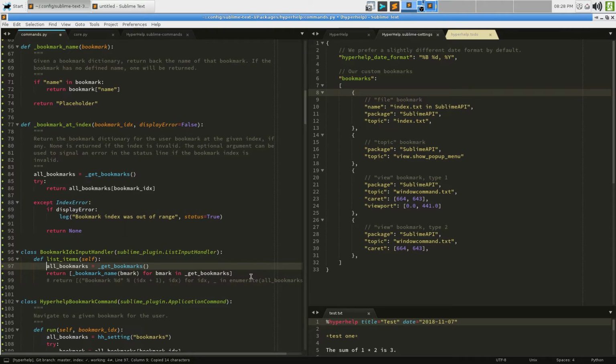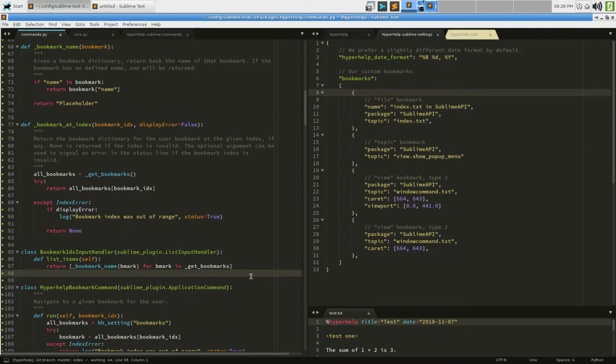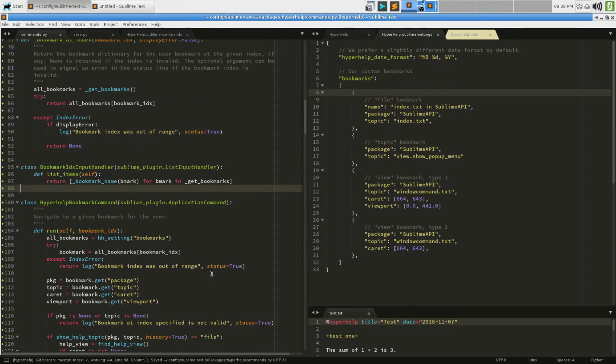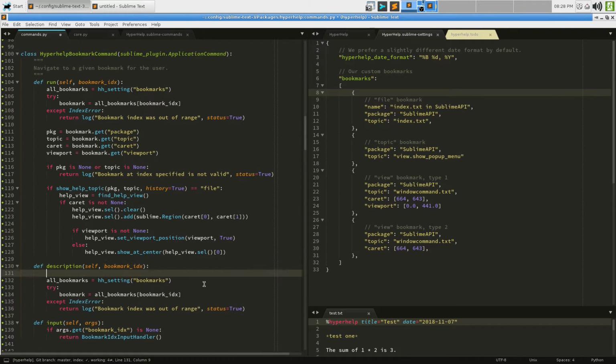We can just do this. Look how tight this is now. We can get rid of that one because we no longer need it. Let's get back to what we were doing here. Now this is what we want, the bookmark at index, right? So we want bookmark is equal to